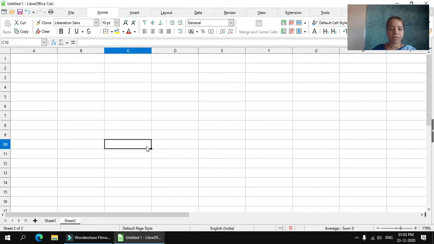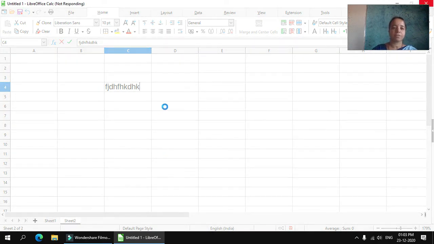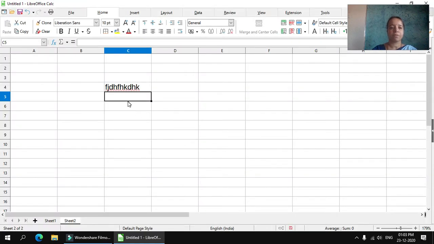In the cells you can type alphanumeric data, that is alphabets and numbers. Numbers also you can type in each cell.